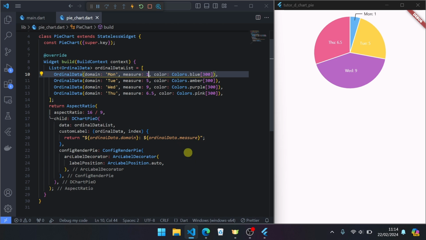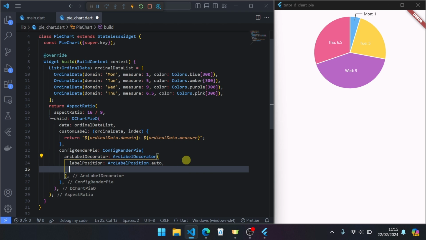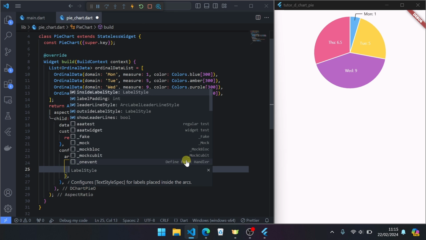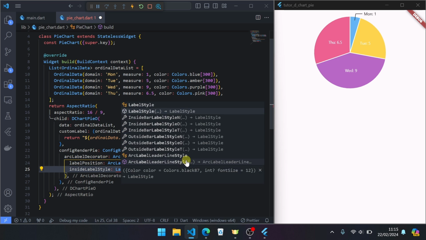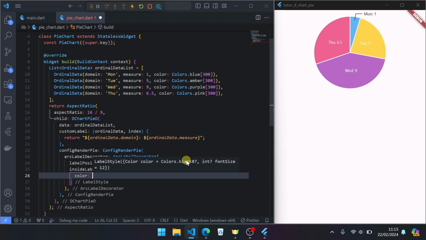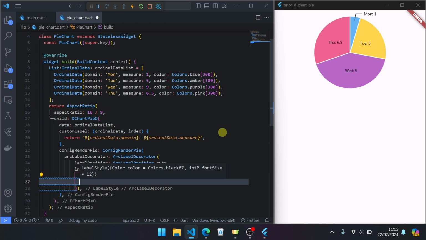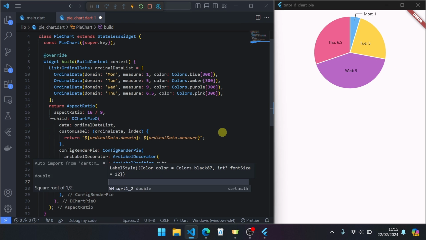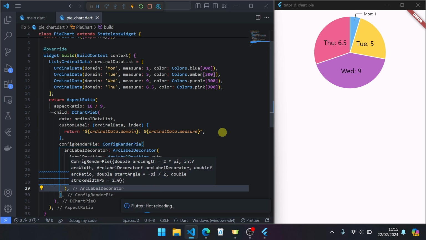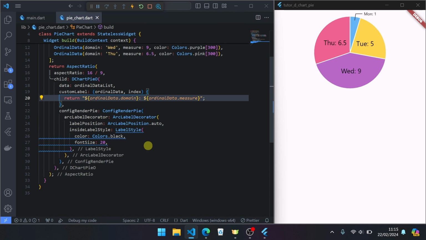Okay, next, inside label style: color black, then font size 18.